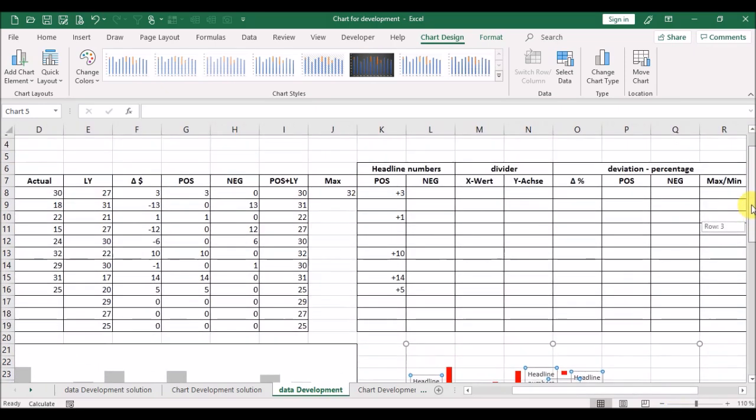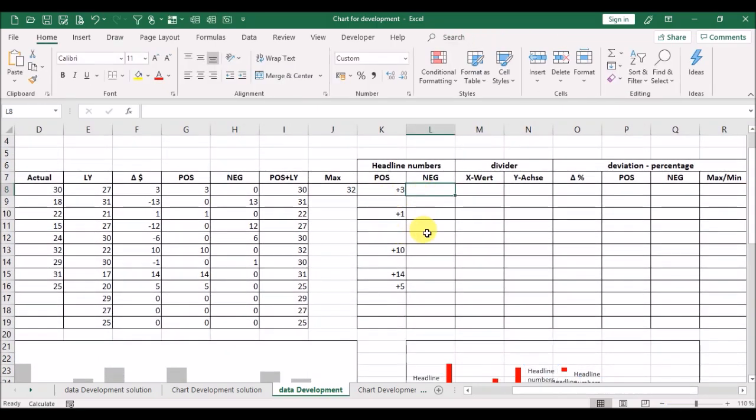So, and now we need the negative values. That means we say if the deviation here from cell H8 is bigger than 0, then cell H8. If nothing, then we say the quotation marks, and copy it down.